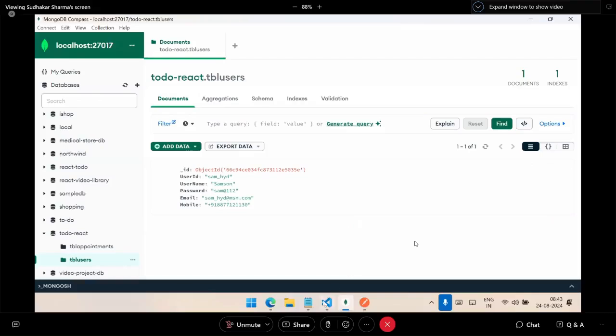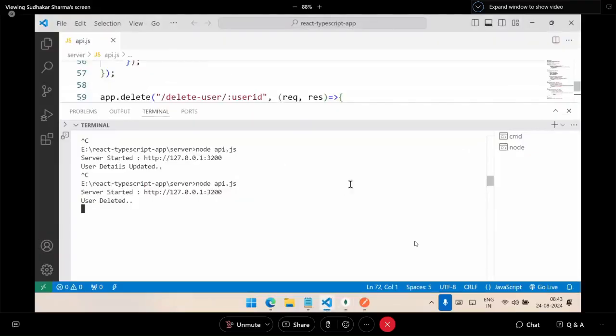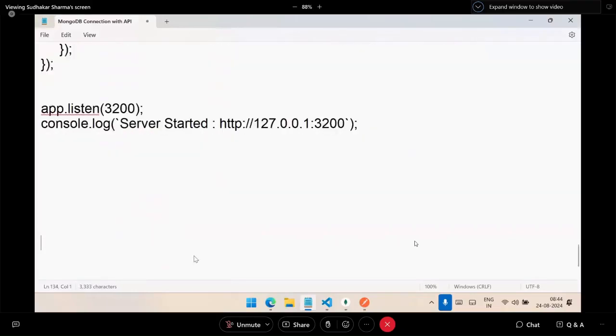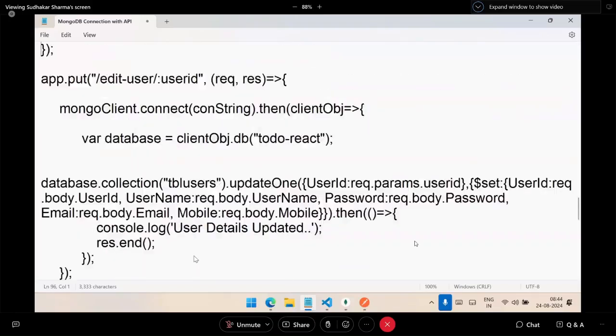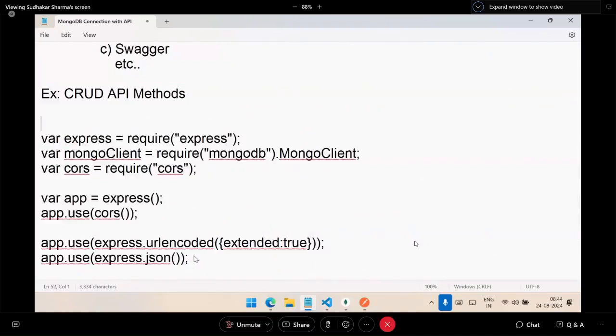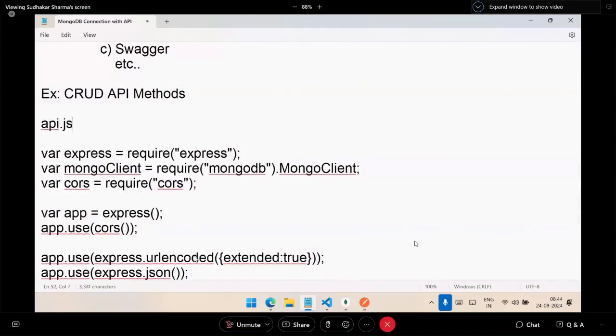So this is the concept to understand how the methods are created for handling CRUD operations. This is an example of CRUD API methods, and we have given it in API.js. So you need to first try this. Once you do this, now